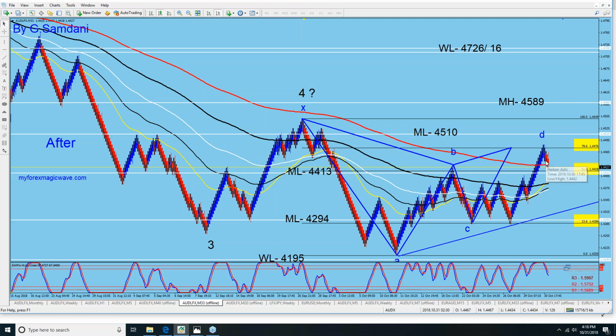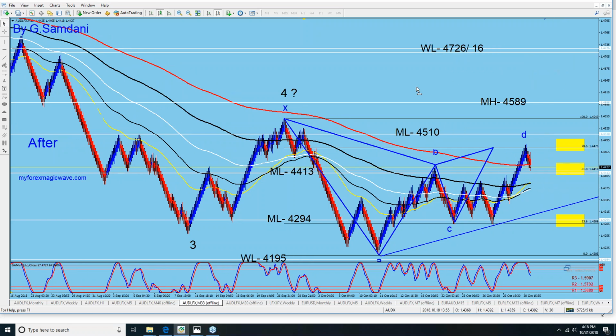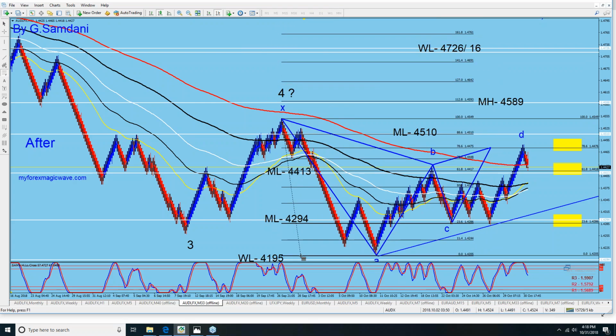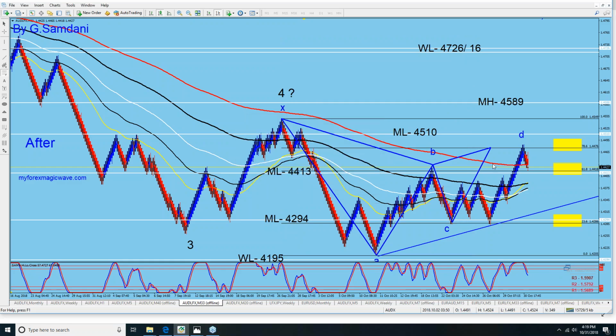Because it's been more than a day, and it's just right there still, right above 44.13, and the news is not in our favor either. So it will be a fair girdle, and then we will easily go up here to 47.26.16, not a problem going there, okay? If you pull the fib from here to here, you see all the way to 127% where it comes, $127 is there and 1.61 is there, so somewhere here it can easily reach there,